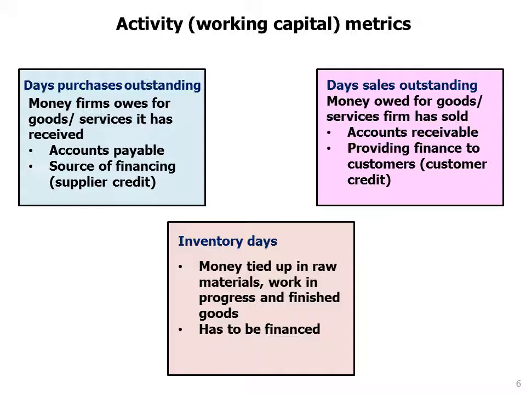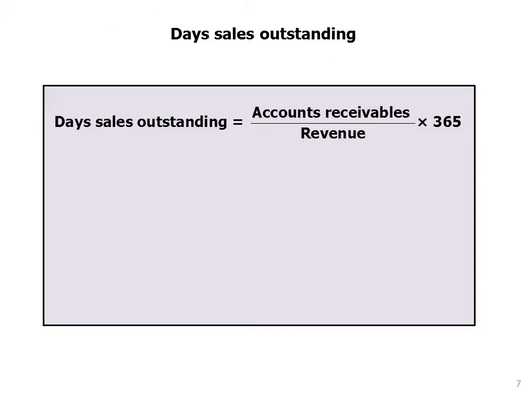And let's look at how to define these. So days sales outstanding is equal to accounts receivable divided by revenue times 365. The form of these equations is always the same. So the numerator is the balance sheet item, the item from the income statement is the denominator,